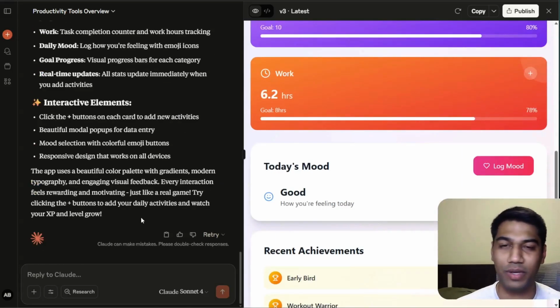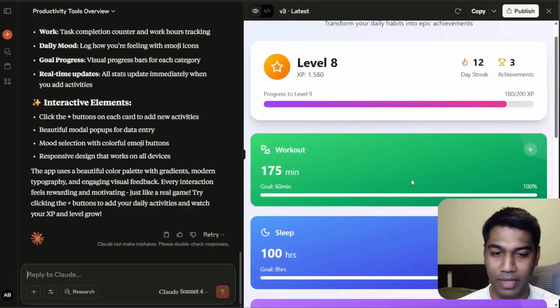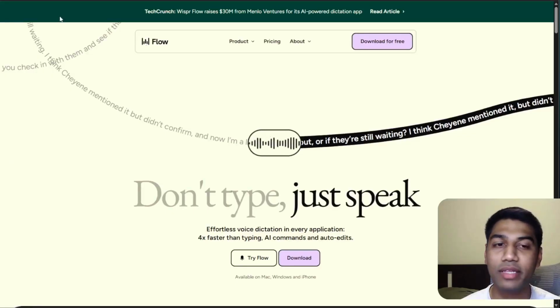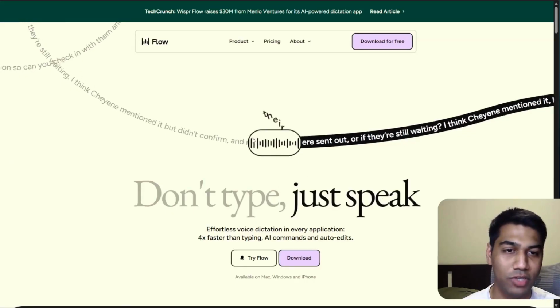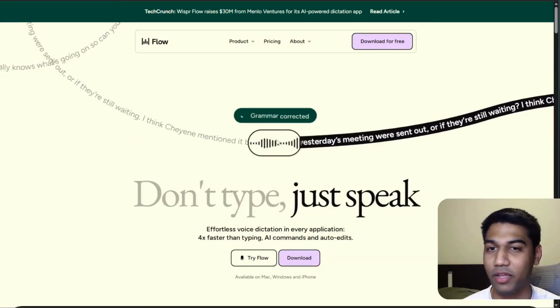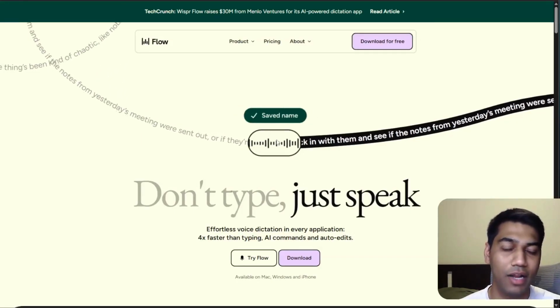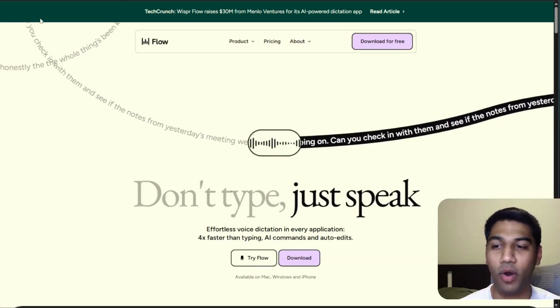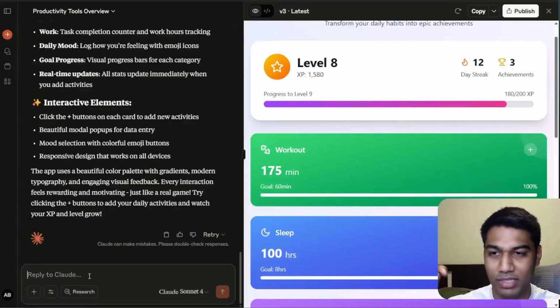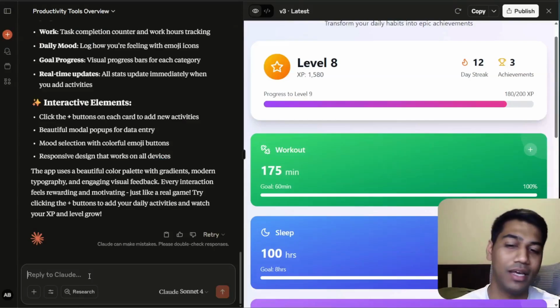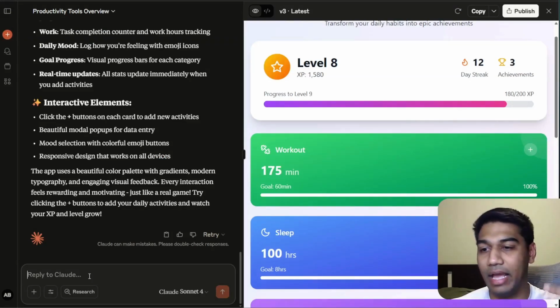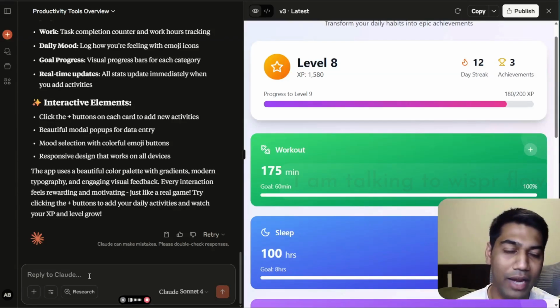I just want to do a couple of options and see where we can get to with this. So I'm going to say very simply, describe it in detail. Now again, one thing that I've started doing a lot more is using this particular tool called Wispr Flow, which is very simply: don't type, just speak, right? It allows you to just speak whatever you want and it inputs the transcription. That simply means speech to text, but I'm going to show you this in action because I use it to work with AI much faster.